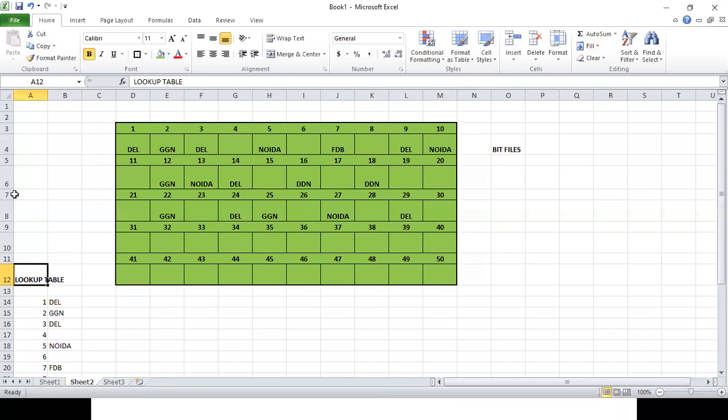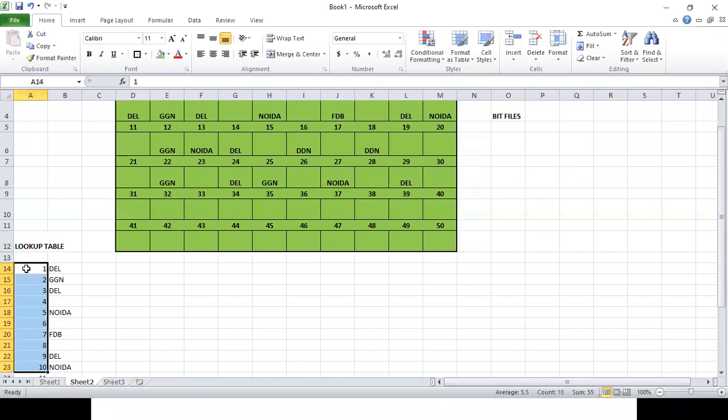It will simply go to its lookup table and check at what all addresses the Delhi is. Okay, say 1, 3, 9, and so on. So it has got the addresses where Delhi exists. Now it will directly go to these respective addresses, take up the information and give it to us.